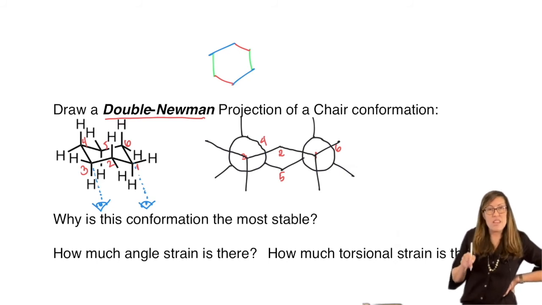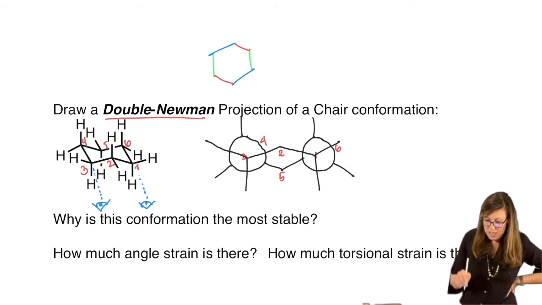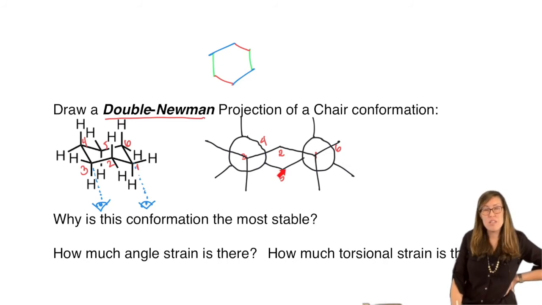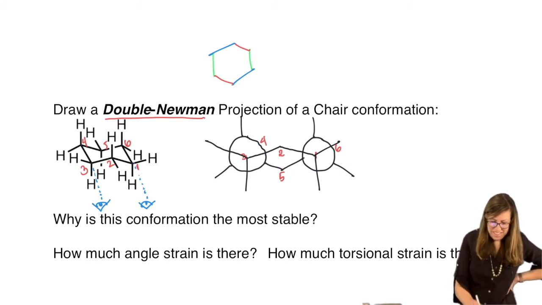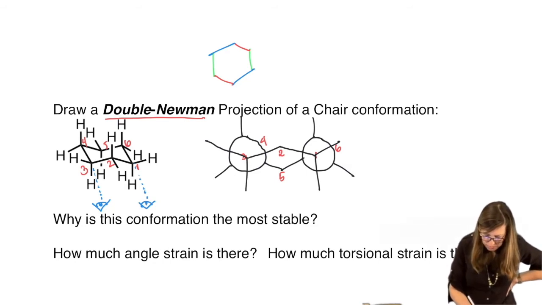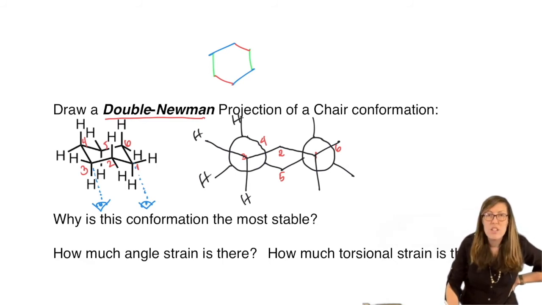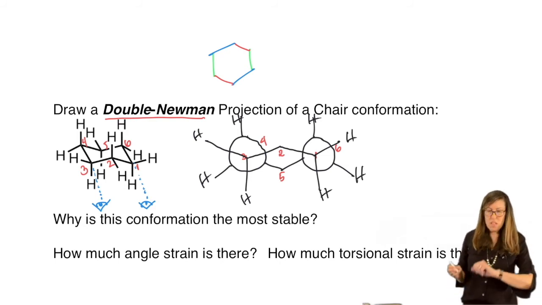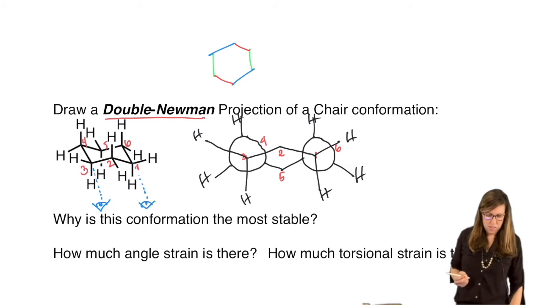This is not a framework to memorize. It's a framework to work out because it will be different. I could have looked from a different perspective and had carbon 2 down and carbon 5 up. It just depended on how I numbered it and what perspective I took. So it's got to be worked out. Now we're lucky. We're starting off easy. Everything's an H. Fill in all the attached H's. I'm going to use black for that. H, H, H, H, H, H, H, H. This takes lots of practice, and once you get the hang of it, you'll get it for good.